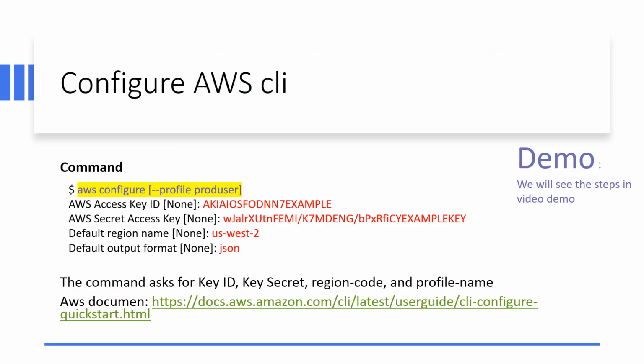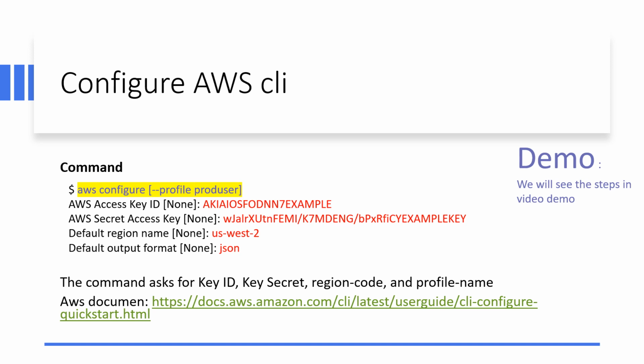After creating the IAM user and obtaining the key ID and key secret, now you can continue with configuring the CLI. In the command prompt, whether you are working from your PC, laptop, or you are configuring your CI/CD pipeline environment, you can use the AWS configure command. I assume that you have installed AWS CLI already. And